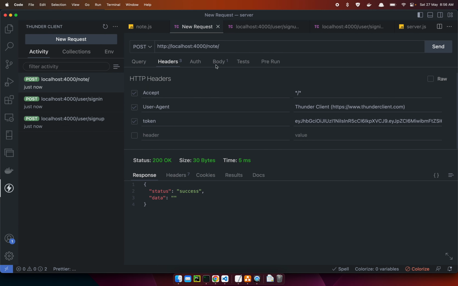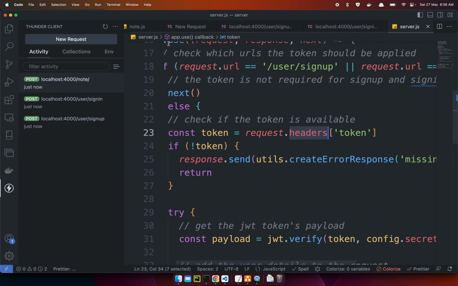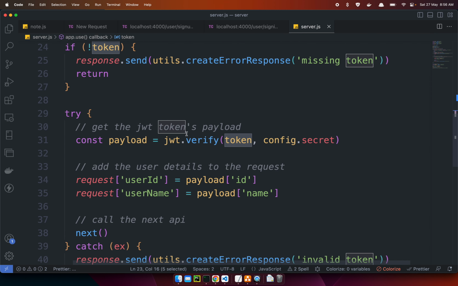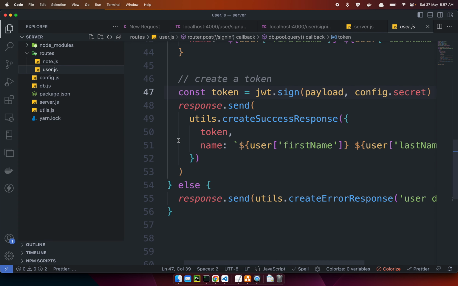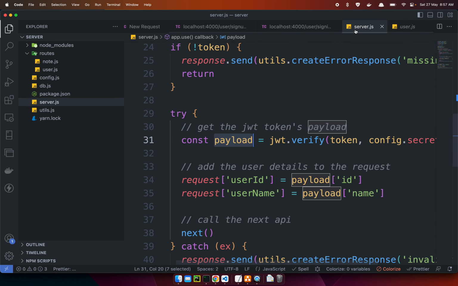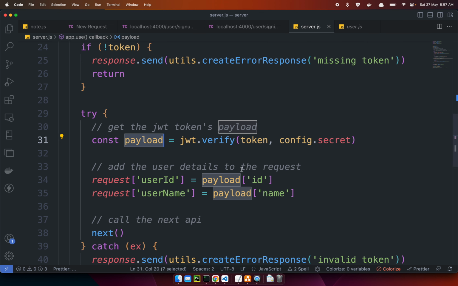If you look at the code, right inside my server.js, I'm getting the token here. I'm verifying the token with the secret that I passed here, to get the payload, the information that I added inside that token. What did I add here? If you look at the user.js, you can understand I have added two things: one is the ID and the second one is the name. That's the reason I'm getting both of them back, ID and name,